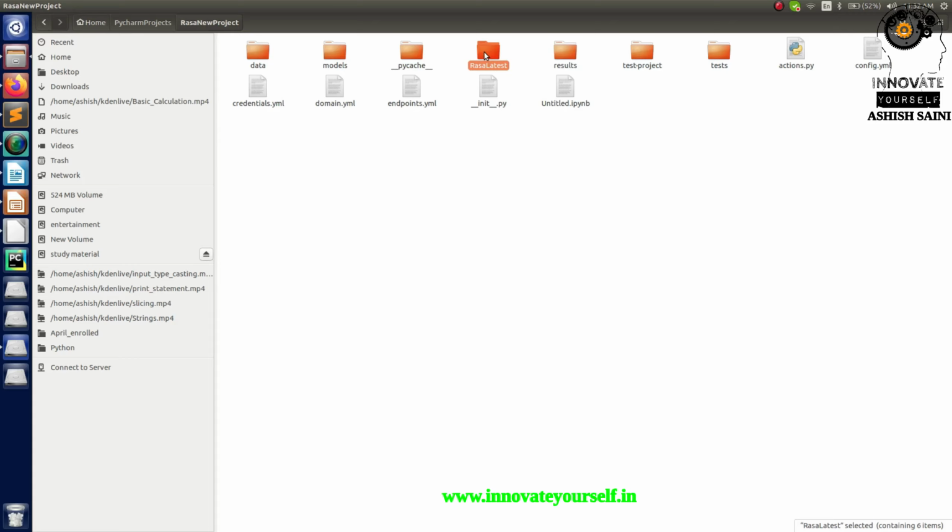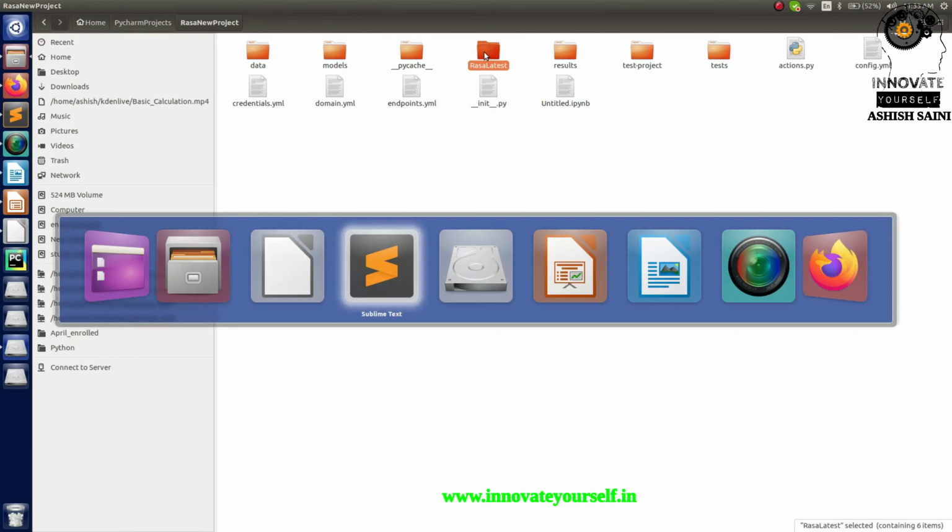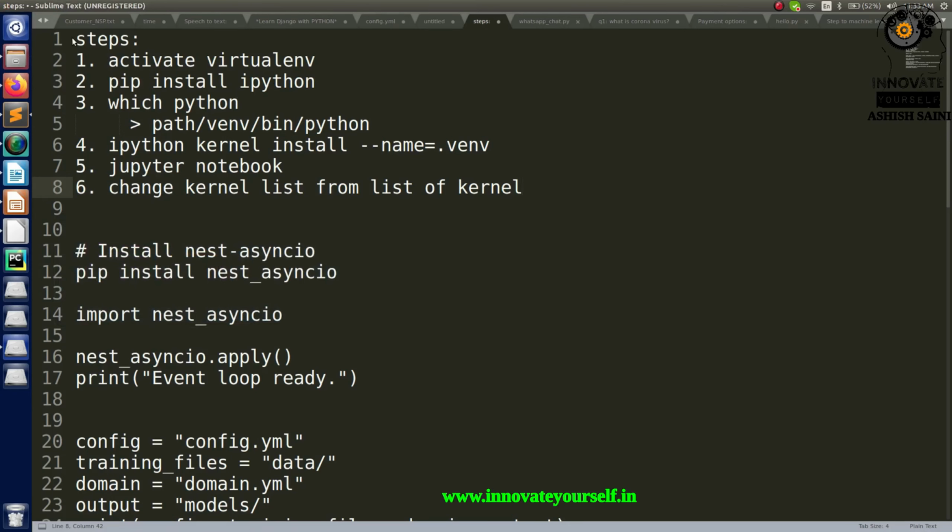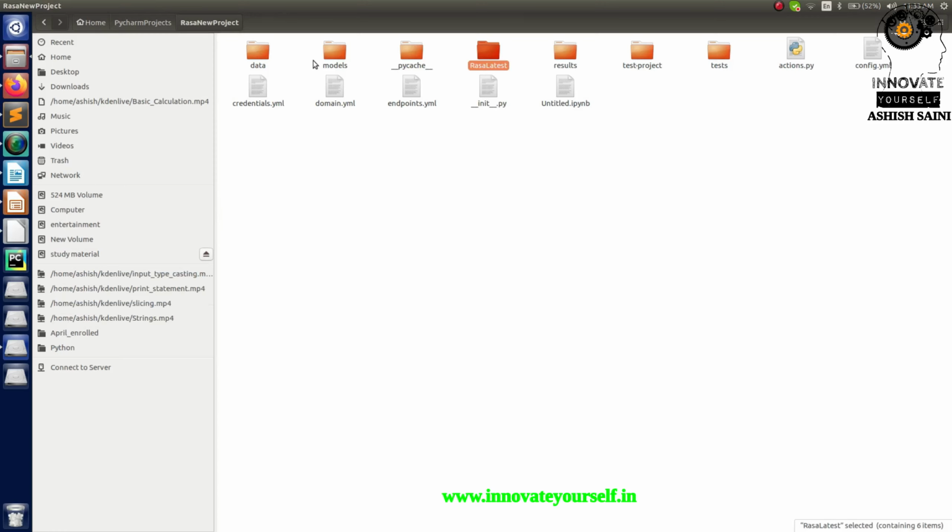If you are using the Anaconda environment, that's okay, you can directly use it, that's not a problem. But if you are going to use a virtual environment, then I would like to tell you how you can connect that to Anaconda, or let's say to the Jupyter notebook. That is what I am going to show you. For that, you can see these are some of the steps which I have already mentioned over here. Firstly, the very important thing is that you need to activate your environment. Let me show you what exactly I'm going to do.